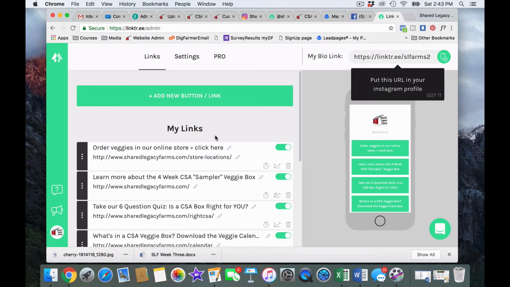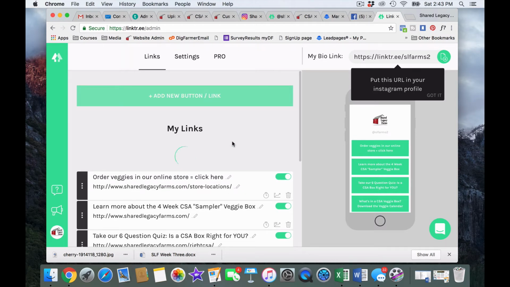And the way that you do that is you simply create, add new button or link, and a rectangle is going to pop up like this. You're going to type the title of your link. So I need to make one right now that says subscribe to my market email list. And then I'm going to put the link for that particular page where they would give me their email address. And it's a lead page that I made in Lead Pages, and it's called